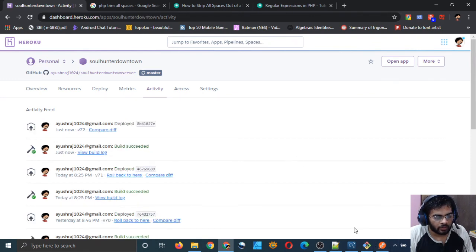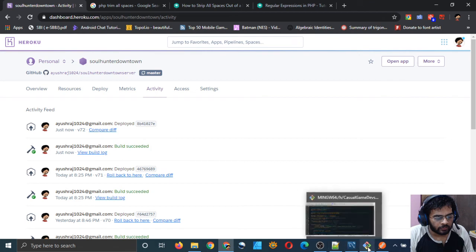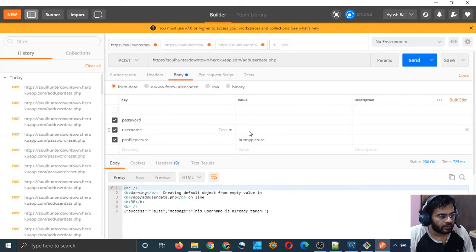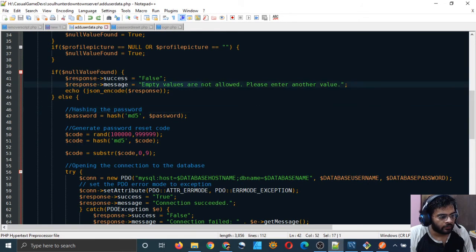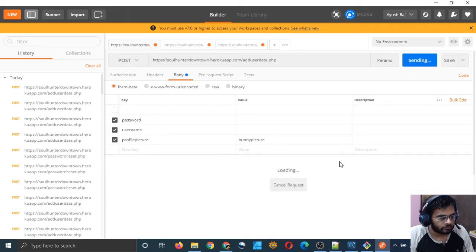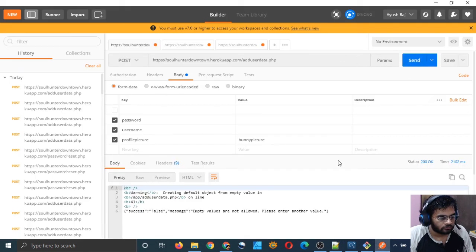Yeah, it deployed. So now let us see if it is accepting null values this time. So I will just go with this. It should show me this statement, right? Empty values are not allowed. So let's do this. So yeah, it's showing me that empty values are not allowed.